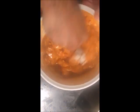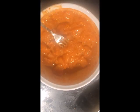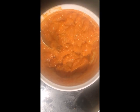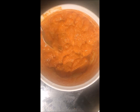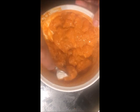Then we will mix this well. On top of this, we will be adding maida or all-purpose flour, about half a teaspoon, because this will act as a binding agent. We'll mix this very well. Now you keep this chicken for marination for about 6 to 7 hours. If you are in a hurry, you can make chicken 65 even like this, but if it is marinated properly,